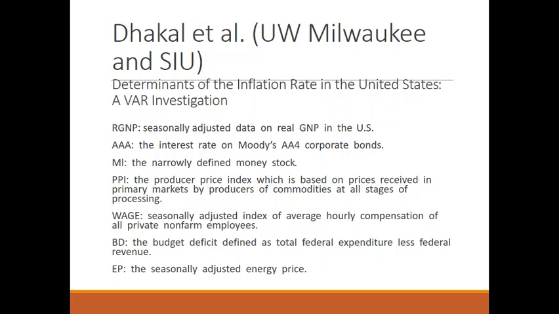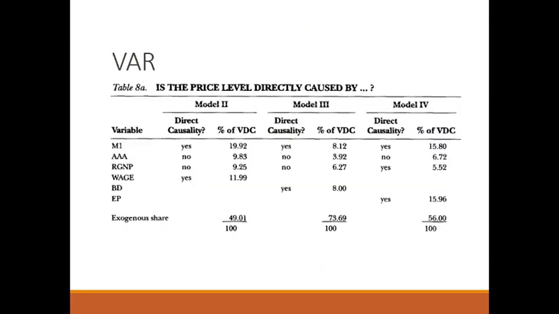Now, the authors don't ever run all 7. They do the base model plus one additional variable 3 different times, so they have 5, and then 5, and then 5. So this is basically the outcome of what they get. There's a lot more in the paper. I'll put a copy of it up on the course page. But here we've got our base model, where we're trying to predict the price level, and we have our base model variables: money supply, the interest rate, and economic output.